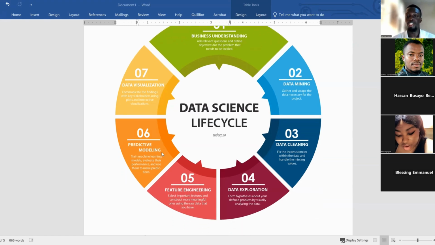And then you explore your data. Now this is basically like investigation. Data analysts spend more time doing this. Later on, I'm going to explain the differences between data analysis and data science. I'm very sure a lot of people are confused about what the difference is between data science and data analysis. No problem, I'm going to explain that. So then you explore your data, you visualize your data, and then there's what we call feature engineering.